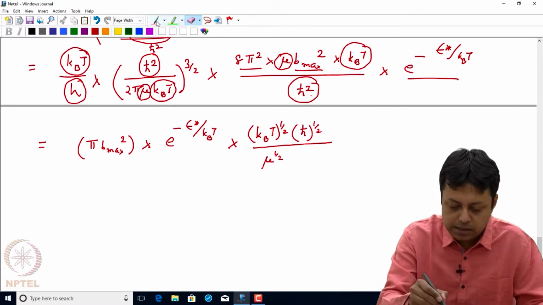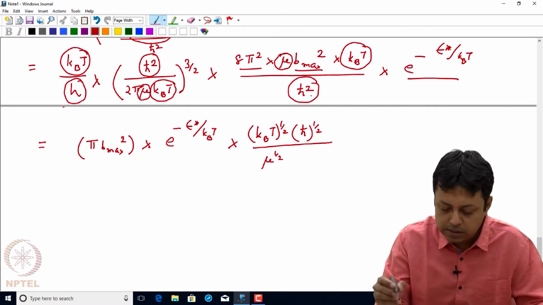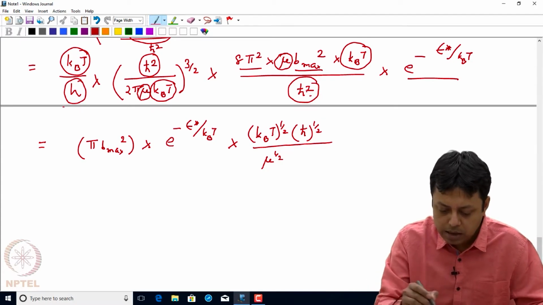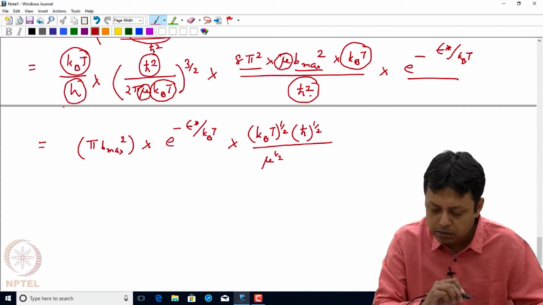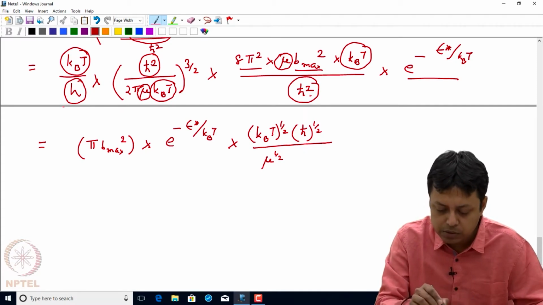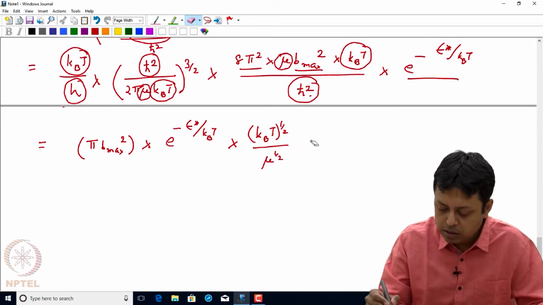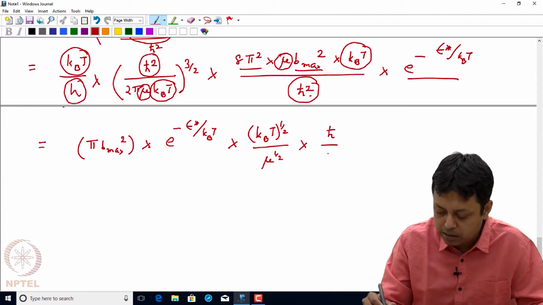So I have 1 h here, as you can see, and then I'll have 1 h bar squared here, and I'll have h bar to the power 3 by 2, h bar squared to the power 3 by 2, which is h bar cubed, and then I'll have 1 h bar squared instead of h bar. So let us write it once again. I have this h bar squared and h bar cubed, so I have h bar divided by h, and that will give me basically 1 over 2 pi eventually,